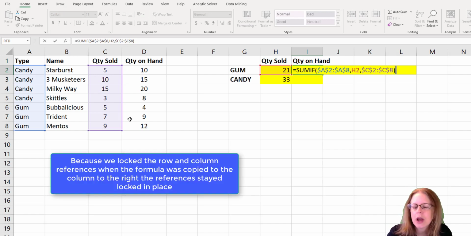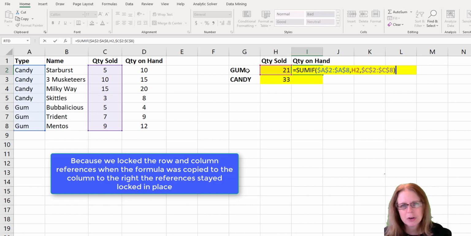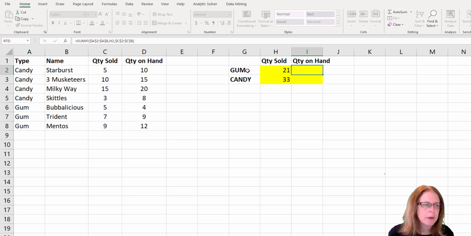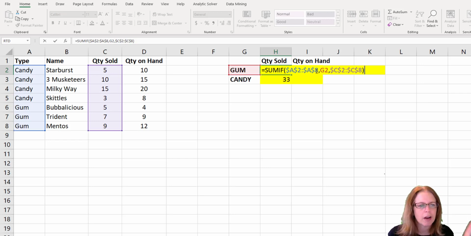When I moved it to the right, because everything was locked, it left the formula in quantity sold. It left the formula in type, and unfortunately, I didn't lock the reference to the word gum, and that moved over to the right. So let's think about what we could do here. I'm going to go back to the original formula again. I know that I want to lock gum, so I'm going to go back and lock gum